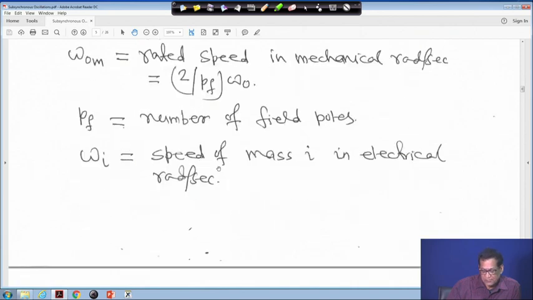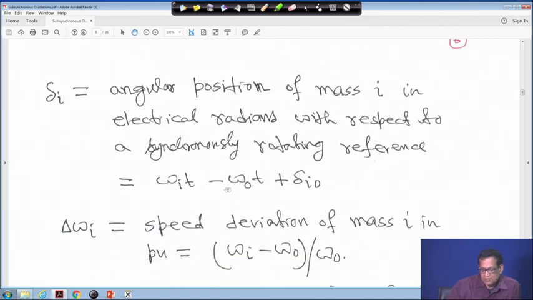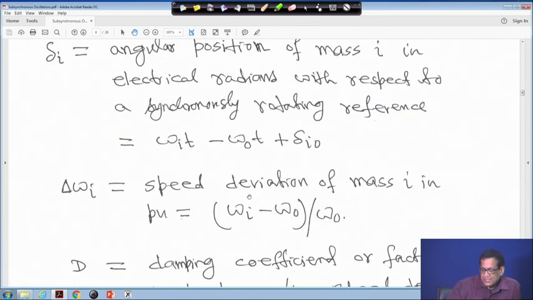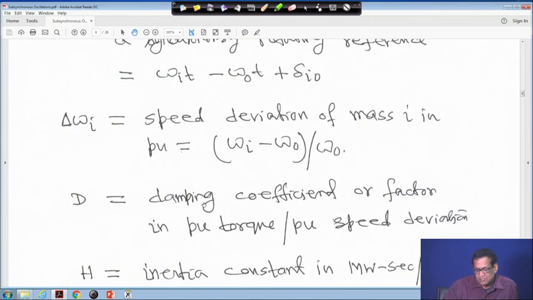And delta omega i is the speed deviation of mass i in per unit, that is omega i minus omega 0 divided by omega 0. And D is the damping coefficient or factor in per unit torque per unit